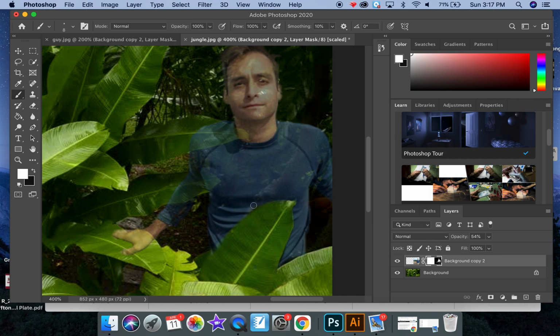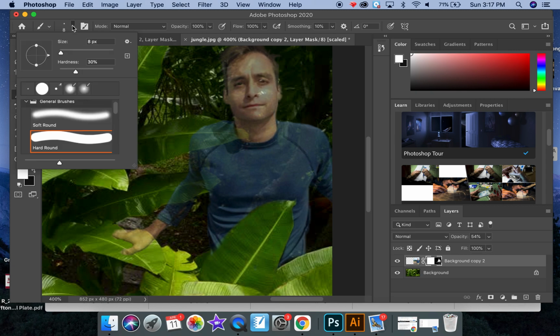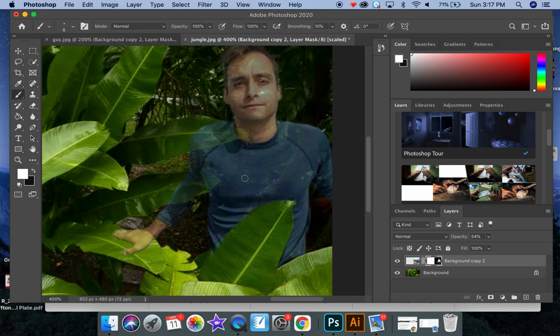Now, I'm going to show you one other thing. With the brush tools, we haven't really talked about brush, but they have a hardness and a softness to it. Mine was already set on 30. Yours was probably on 100. So what that does is give kind of a soft edge, kind of an airbrush. So really, to get a soft edge so it doesn't look crisp, you can take that softness down a little bit, and then that will kind of